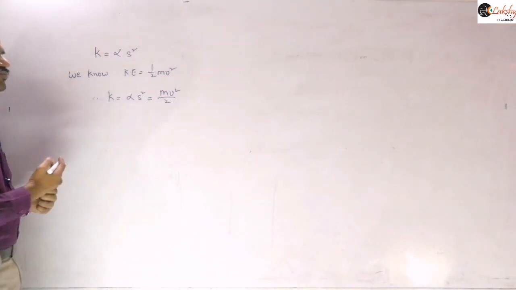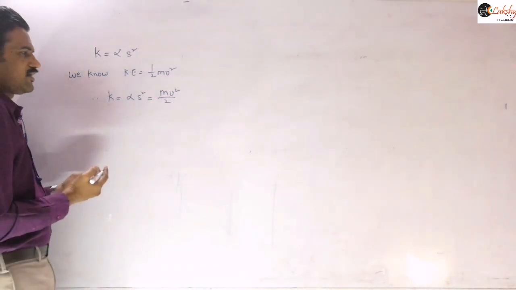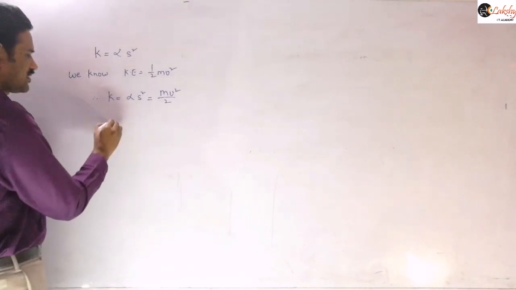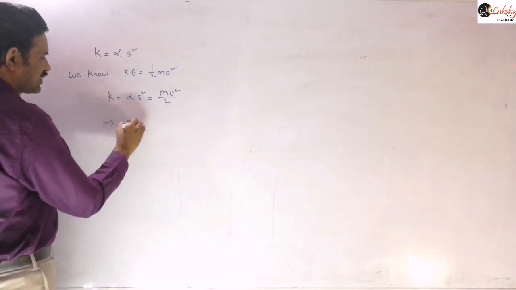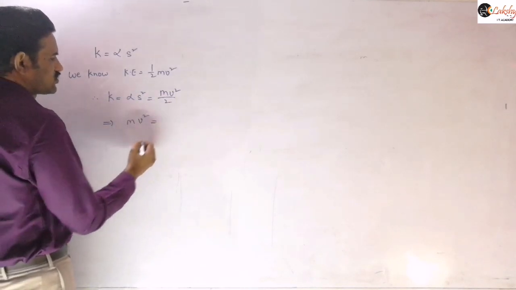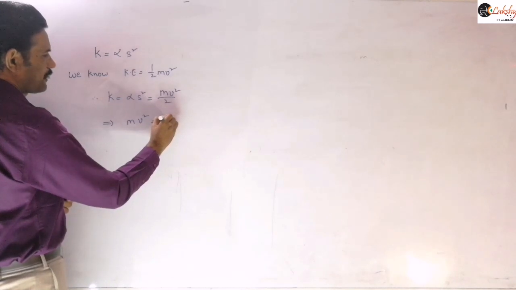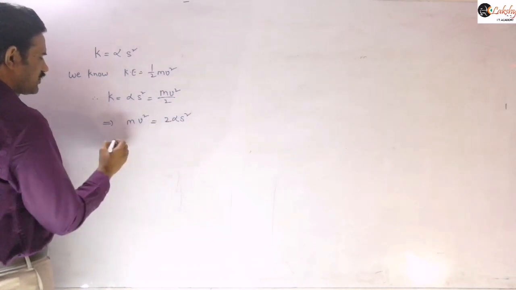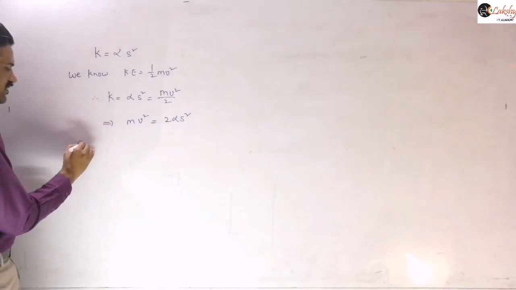And so from this, what we can write here is v square by r. That means centripetal acceleration we can write here. So from this, what I can write here is v square is equal to 2 alpha into s square. And now the centripetal force we can write this as,